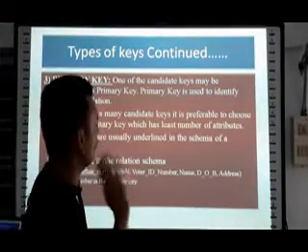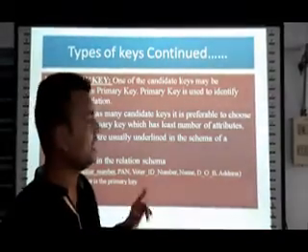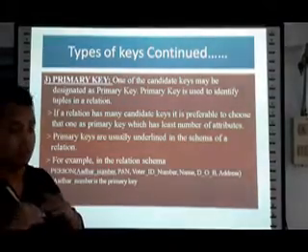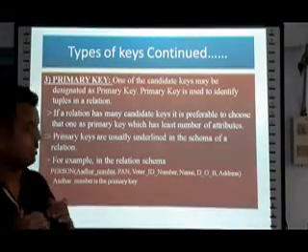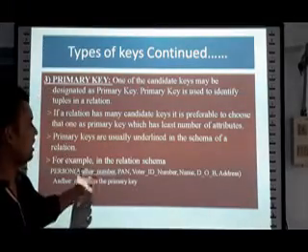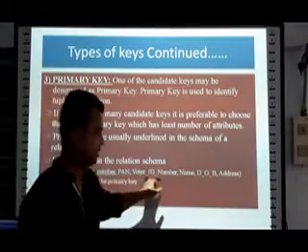And one more thing we should always remember, that is whenever we are choosing any primary key, that primary key should always be denoted by an underline below the name of that particular attribute. Here Aadhaar number has been chosen as the primary key, so below Aadhaar number we have underlined. Okay.